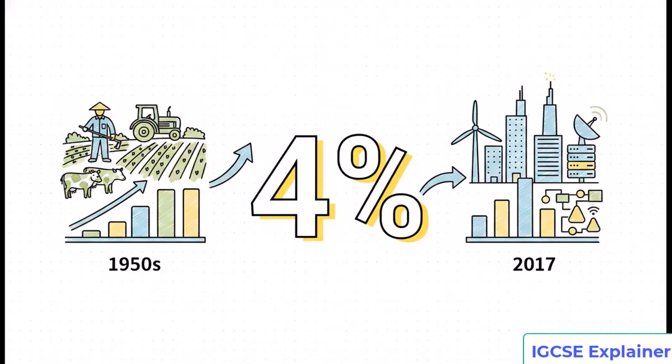To really see this in action, consider the surprising figure of just 4%. Back in the 1950s, South Korea's economy was heavily dependent on farming, the primary sector. But as they aggressively developed and modernized, their entire economy completely transformed. By 2017, the primary sector accounted for just 4% of their total national output. No way, right? And meanwhile, their services sector had absolutely jumped to an incredible 54%. That is literally the power of economic evolution right there.